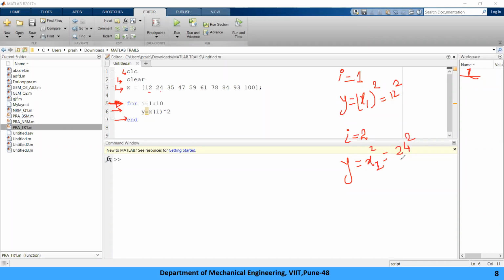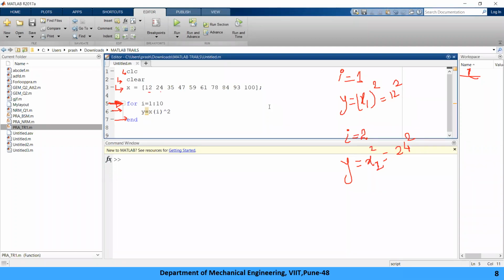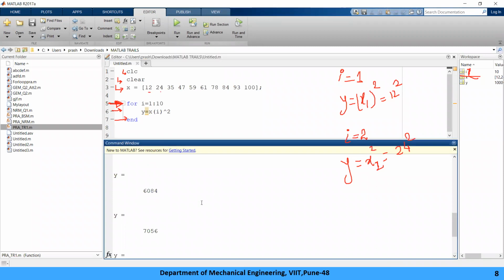So what is happening here, for each iteration y value is getting updated, नया वैल्यू बन रहा है. ठीक है, I'll just show it. So for each value of x he is calculating y value. So 24 का स्क्वायर 576 and like this 35 का 1225. So for each iteration y value is varying.